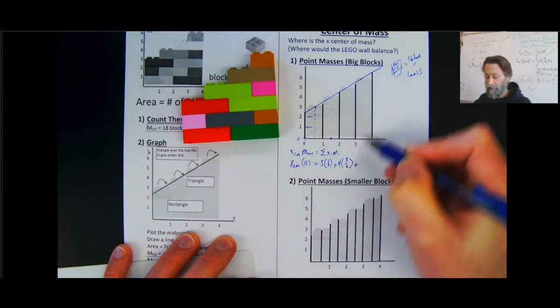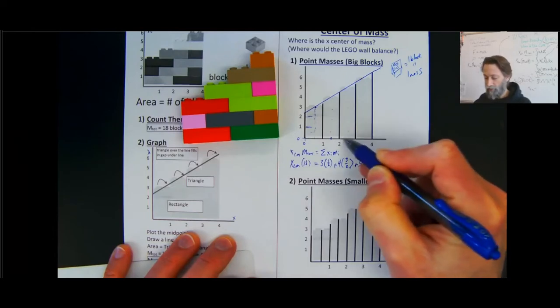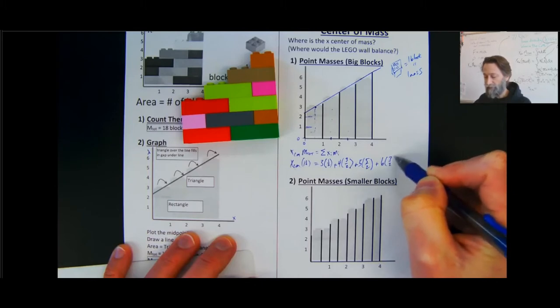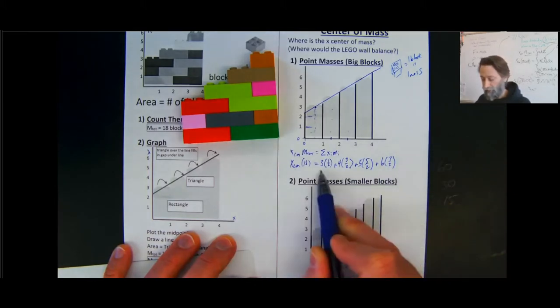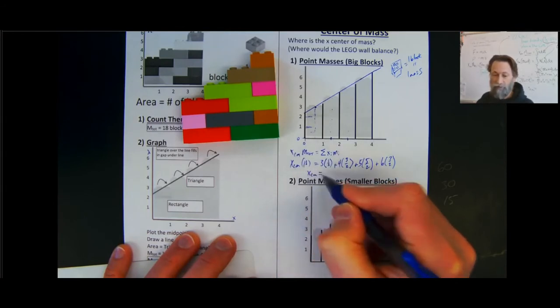Then I'm going to take over here 1, 2, 3, 4, 5 times 5 halves, or 2.5. And then over here, I'm going to take 6 times 7 halves, or 3.5. Now, if I throw all of that into my calculator, divide by 18, then I'm going to end up with a center of mass of